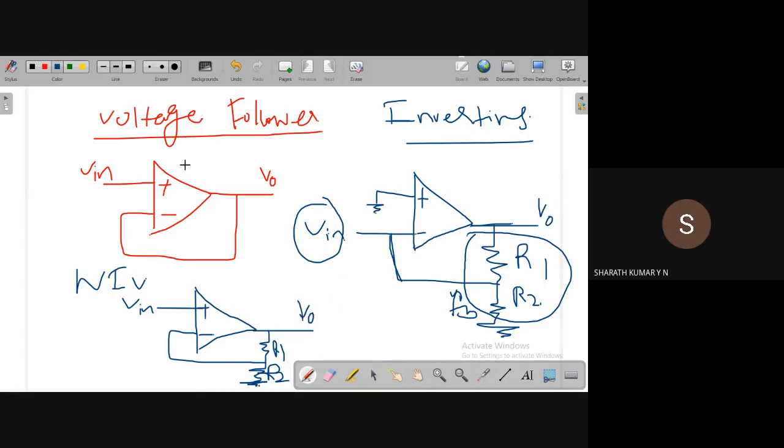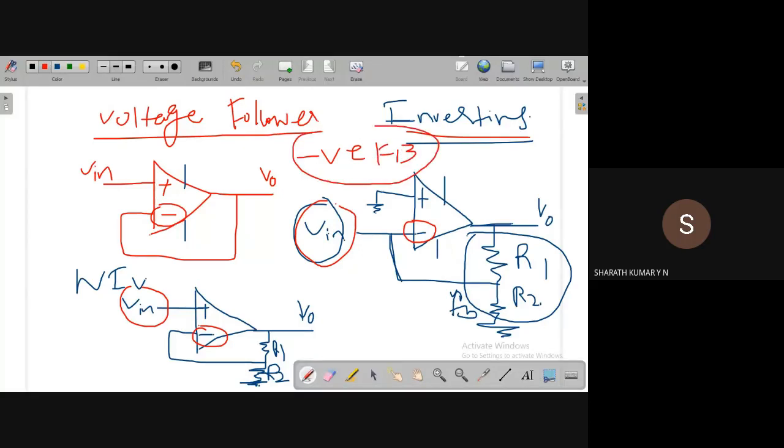In all three circuits, I am assuming that a biasing voltage is applied. I have not specified it separately. So it is very easy to remember. In the inverting amplifier, input is given to the inverting input terminal, and feedback comes from the voltage divider network. In the non-inverting amplifier, input is given to the non-inverting input terminal, but feedback is still given to the inverting input terminal. In all three circuits, feedback is always given to the inverting input terminal, because we want negative feedback. If you give positive feedback, it will not be useful for any linear applications.